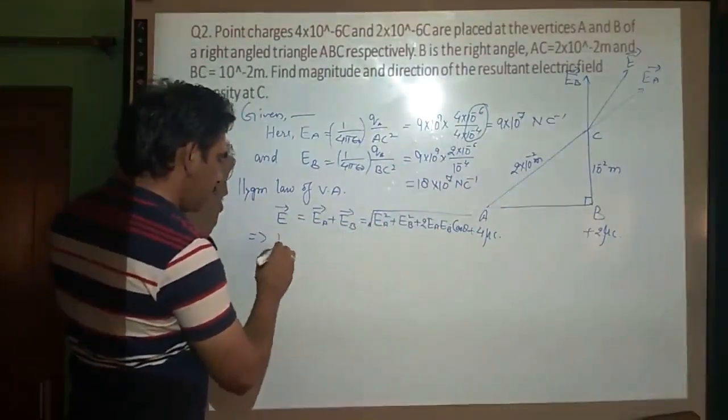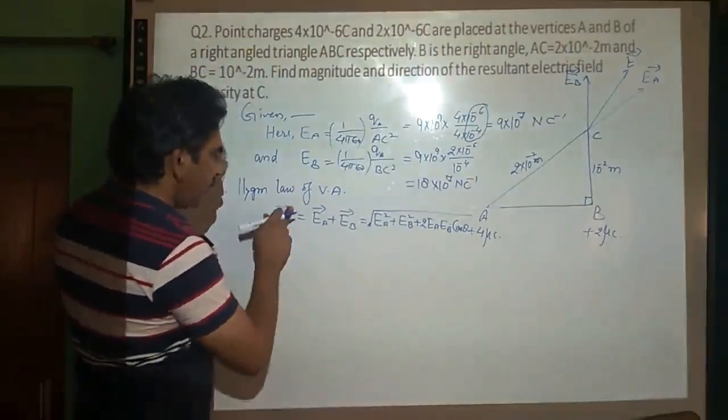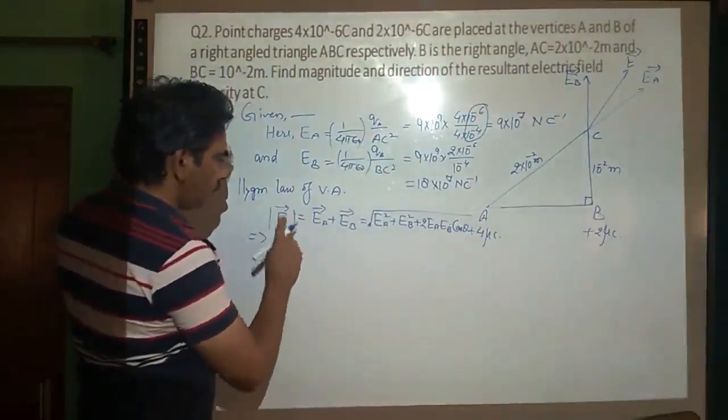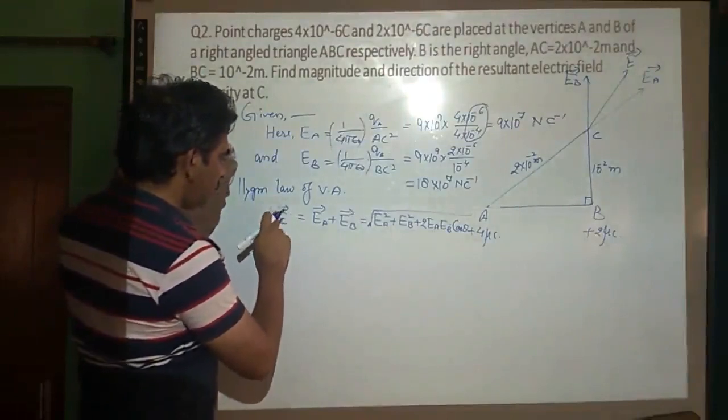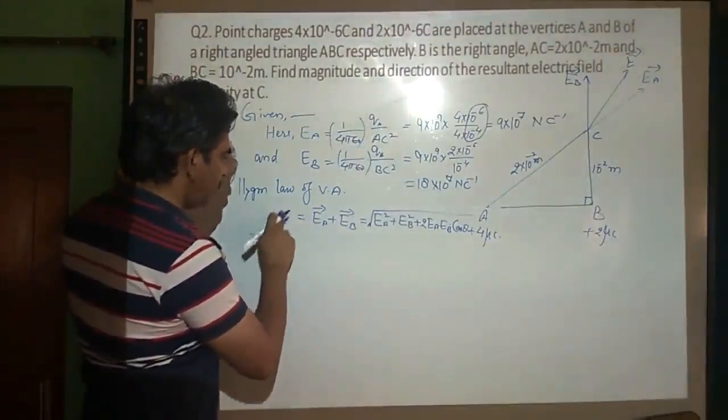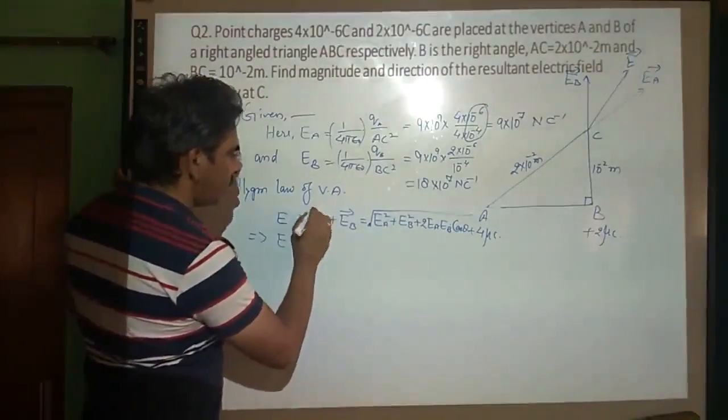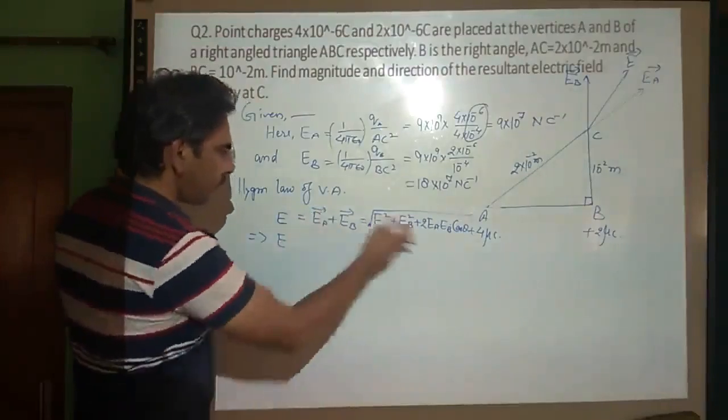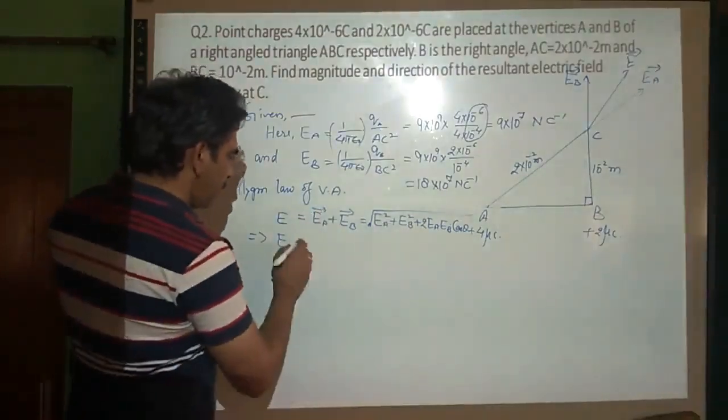So this simply reduces to, if we are talking about the magnitude only, let me not take these two terms here. So in terms of magnitude, this simply reduces to